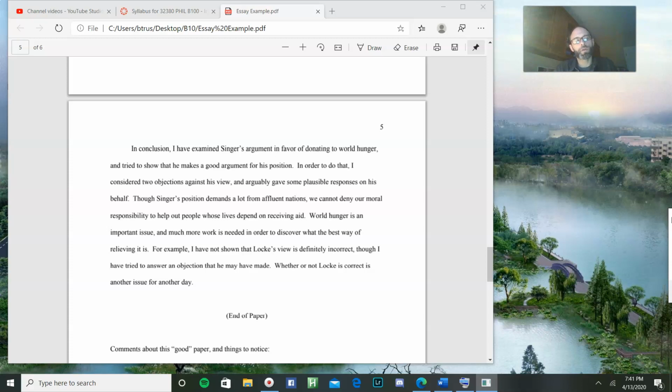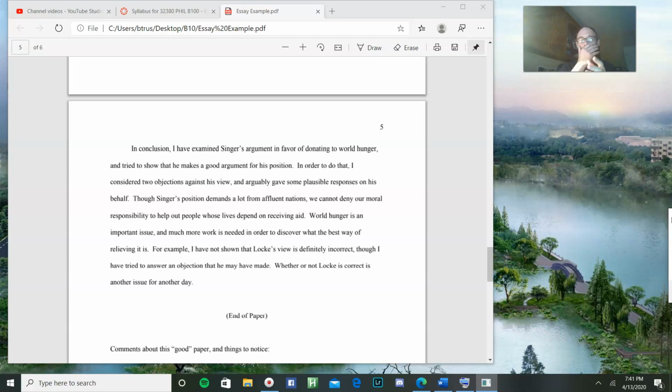So, what do you do in your conclusion? In your introduction, you stated what you will do. In the body of your paper, you do it. In the conclusion, you say what you have done. So, that's called a closed writing style, where you introduce all the features up top, you restate them in the end, and you do it all in the middle. That's the style of paper I'm having you write here. So do that. Say what you did.